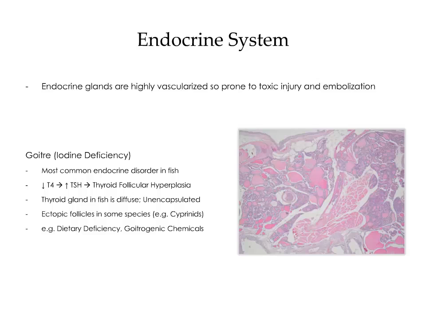The thyroid gland in fish is diffuse and unencapsulated. In some species, like cyprinids, there are ectopic follicles in a variety of tissues, like the kidney. Causes of goiter include dietary deficiencies of iodine and goitrogenic chemicals. The image below is a histological section of a hyperplastic thyroid gland, consistent with goiter. On gross exam, the affected fish had a small fleshy nodule arising from beneath the operculum,